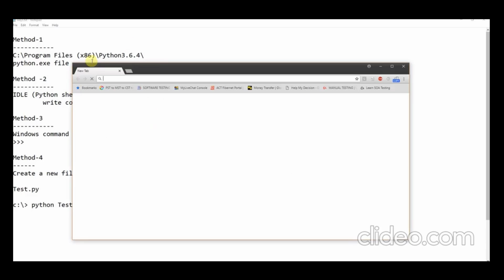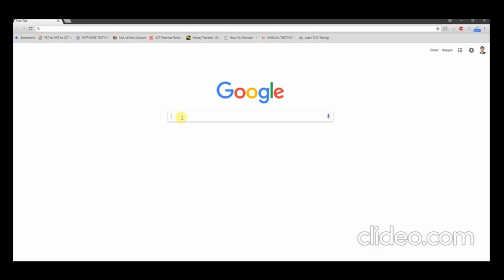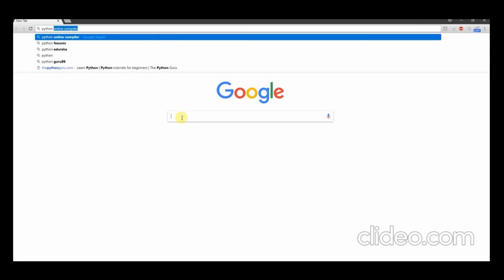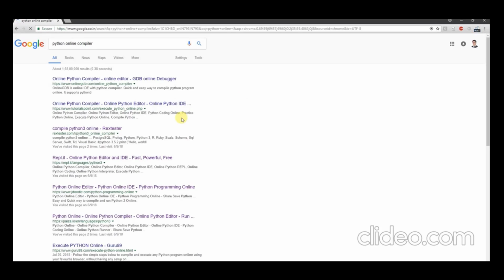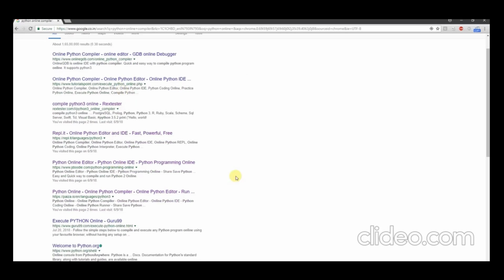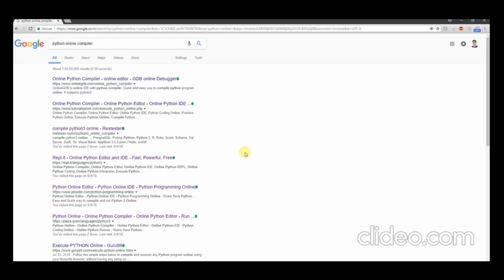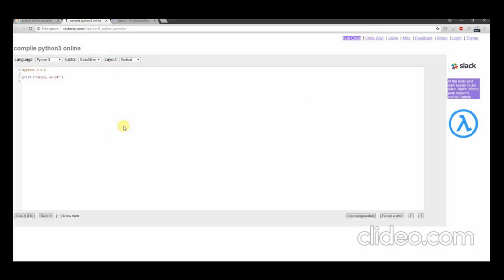you will see a lot of compilers available online. The two best ones I am going to show you here: one is Python 3, which is one compiler, and there is another compiler called ripple.it. These are all online compilers. On the spot you can directly type your code and verify the output here. This is one more compiler we have. Here you can write all the code, compile it, and get the output. Now let me show you the first compiler.